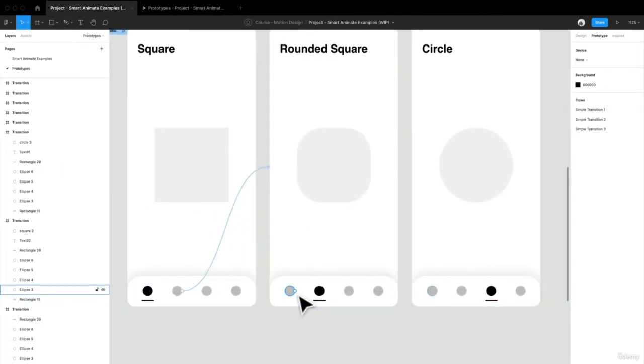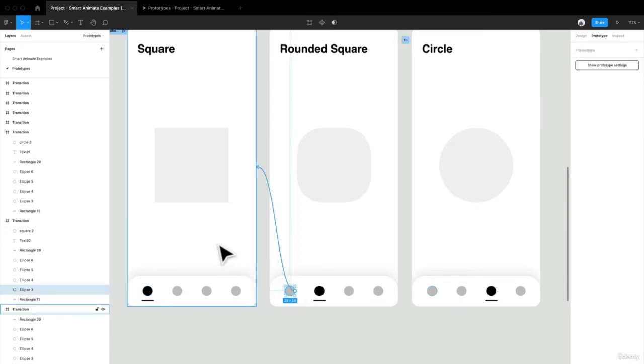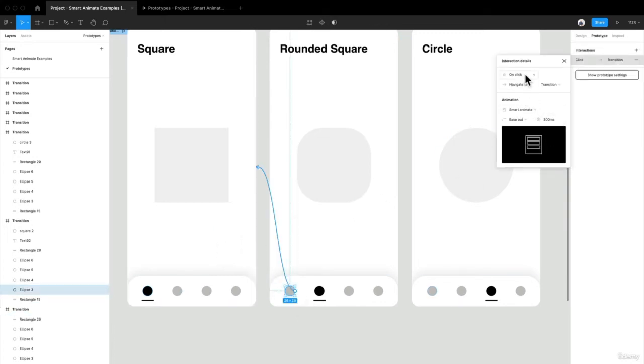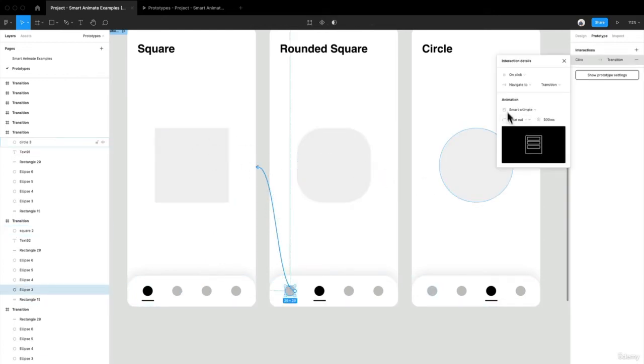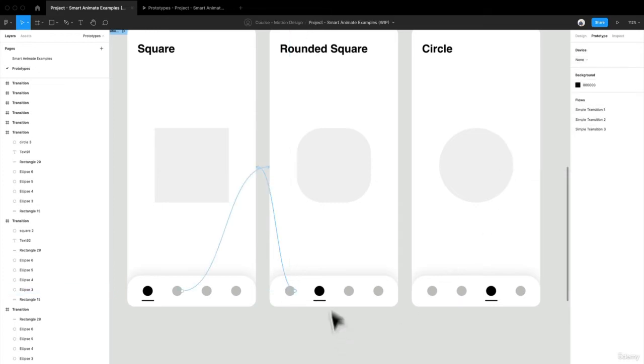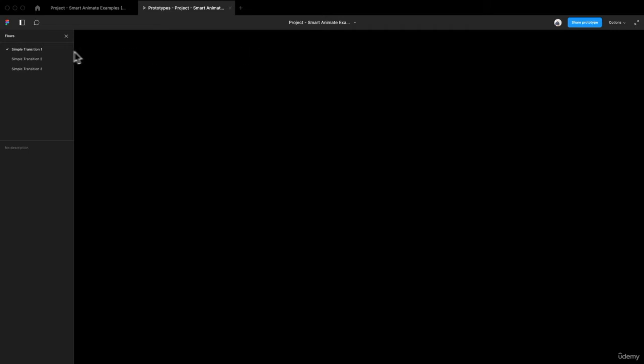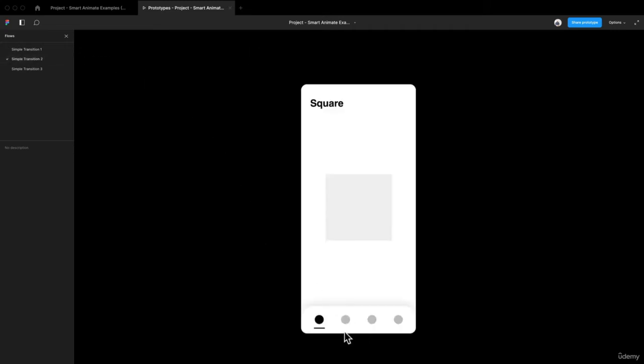So all I want to do is the same for the second screen, and I want to be able to go back and forth. So, click on that. It's going to create that little plus, and it's actually going to go back to that screen. I have it set to that. I have Smart Animate and 300 milliseconds. So let's take a look at what that looks like. So here we go. Simple transition 2 is what I have this flow named. So if I click it,